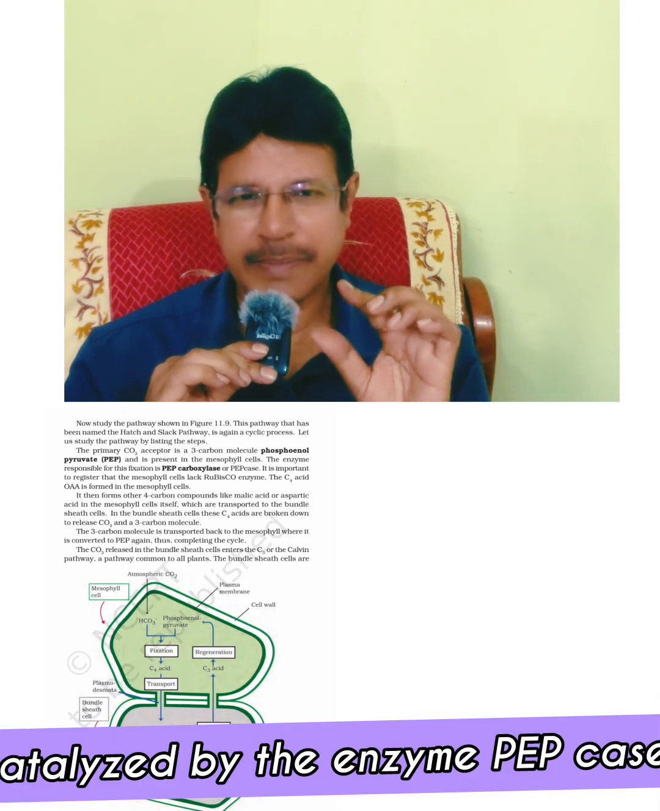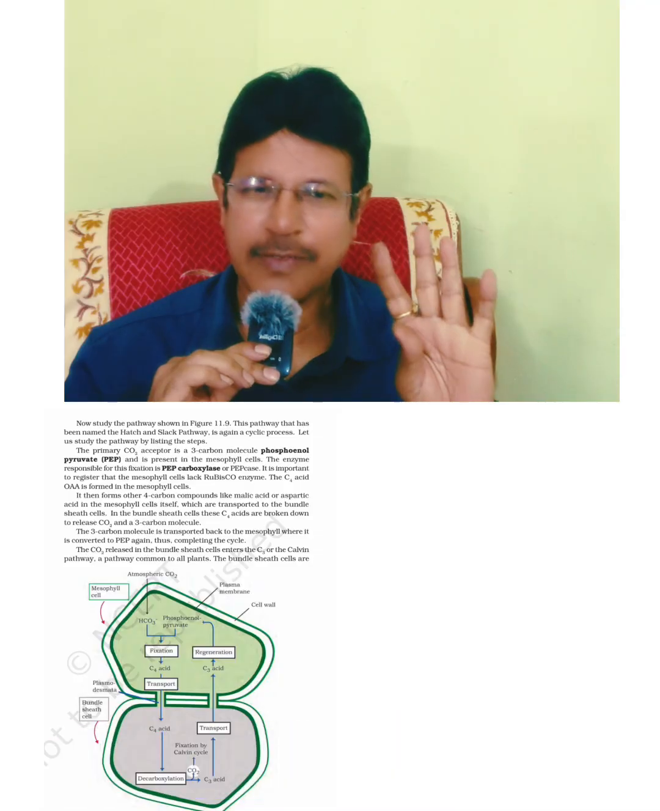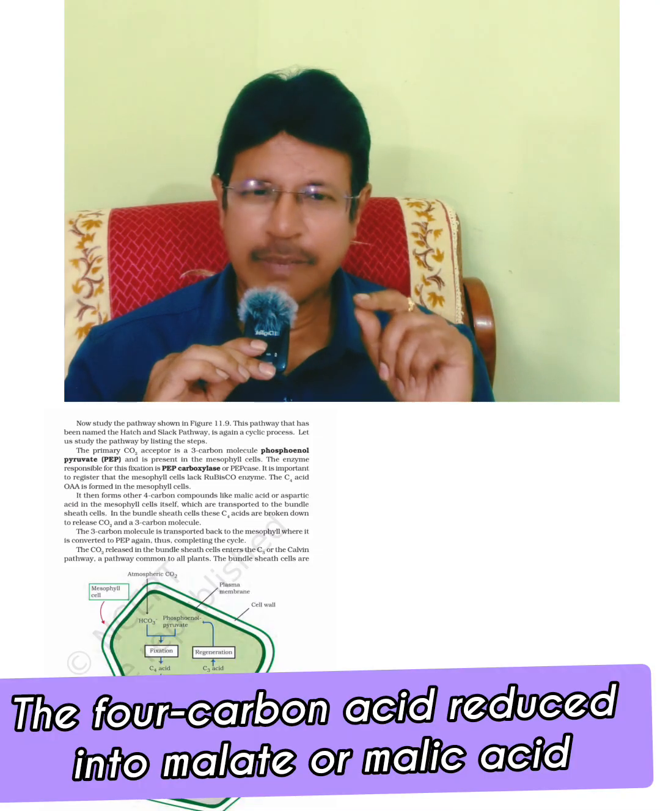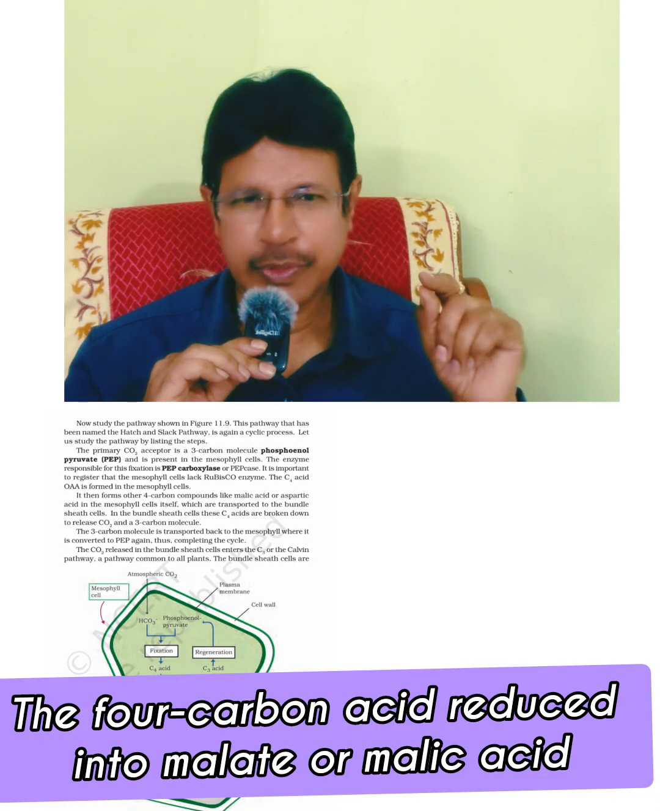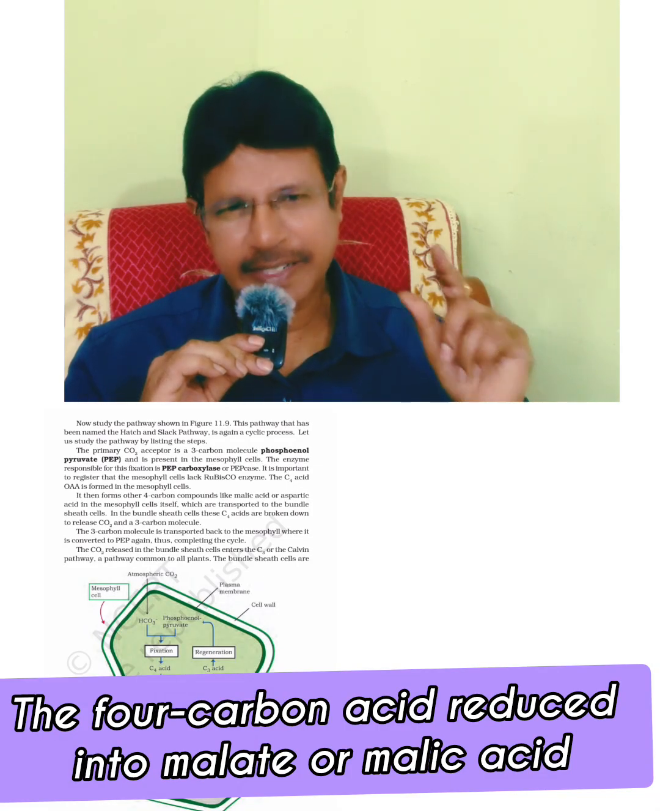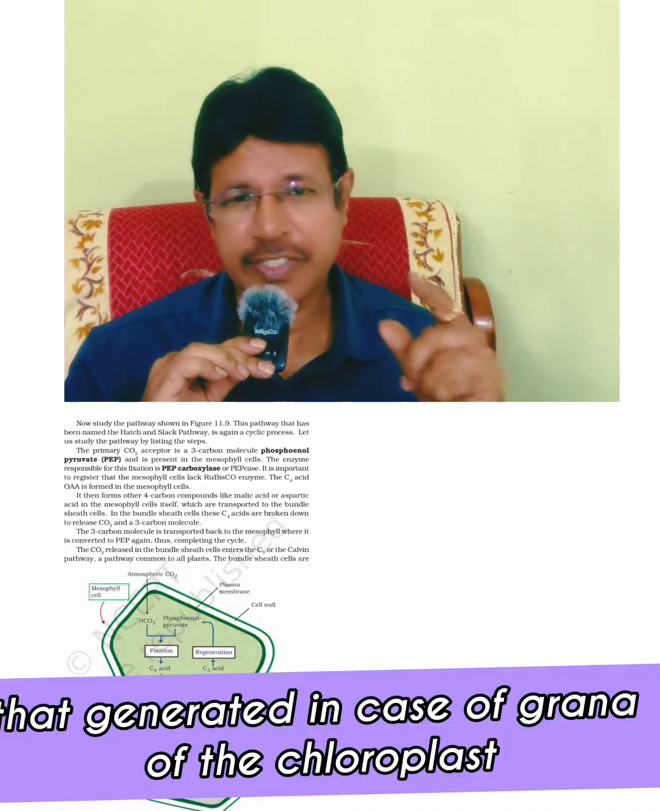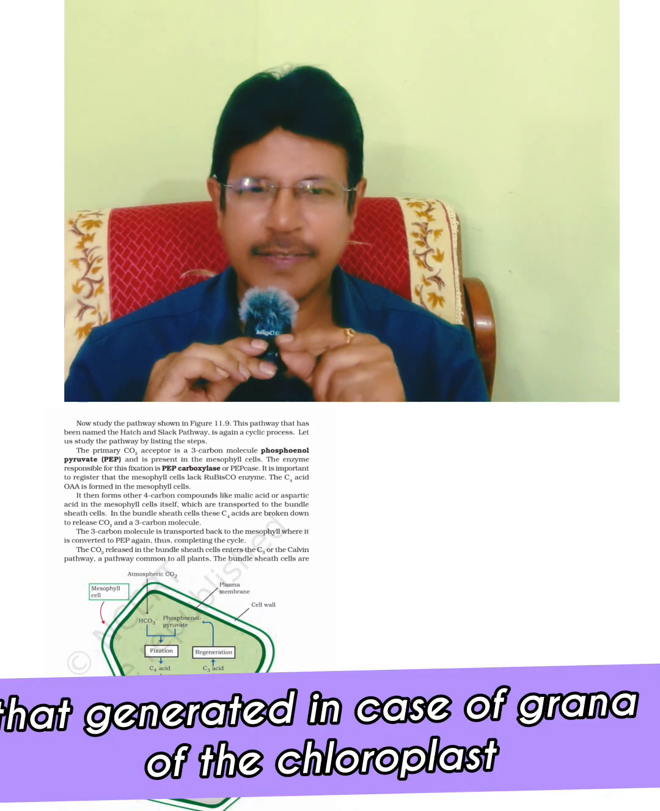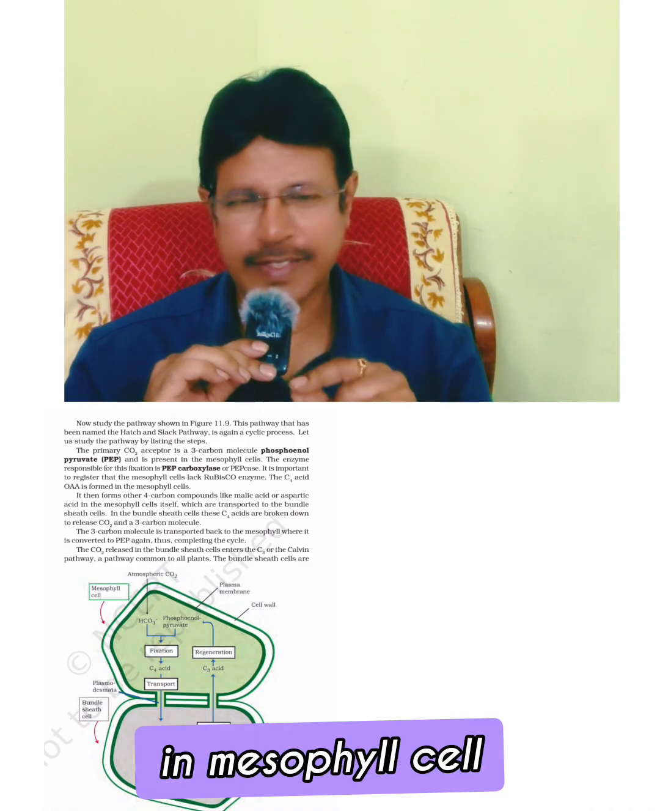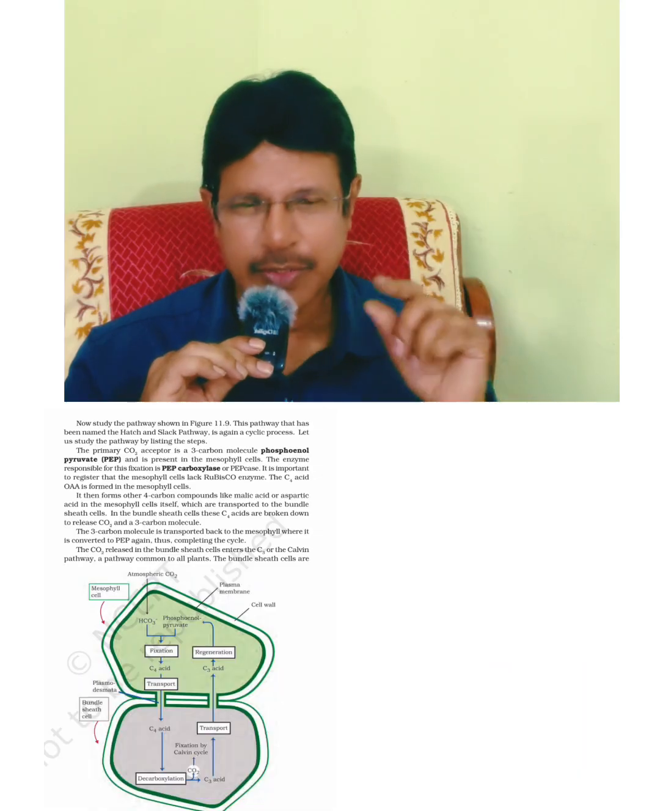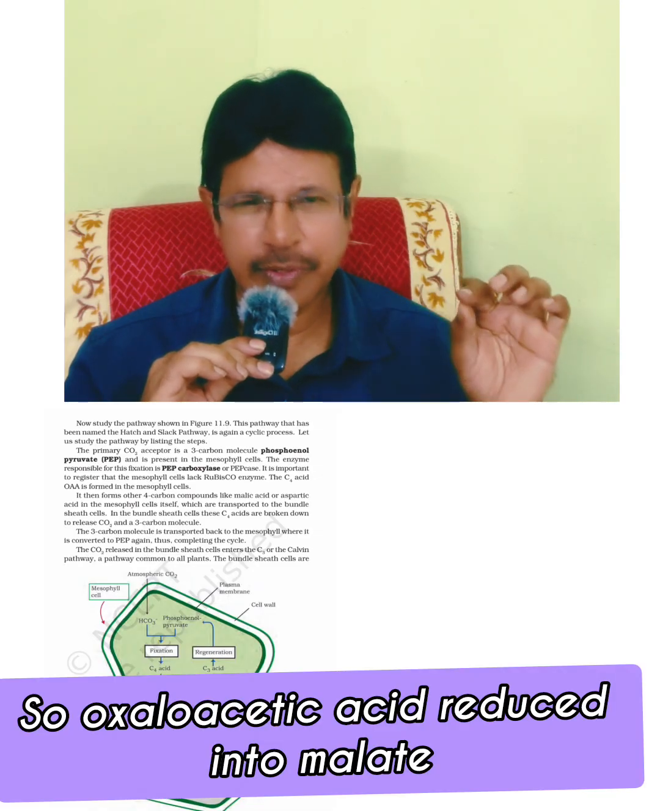Catalyzed by the enzyme peptidase, oxaloacetic acid is formed; it is a 4-carbon acid. Next, the 4-carbon acid is reduced to malate or malic acid. The redox equivalents are supplied by NADPH generated in the grana of the chloroplast in the mesophyll cell. The enzyme is malate dehydrogenase. So oxaloacetic acid is reduced to malate,